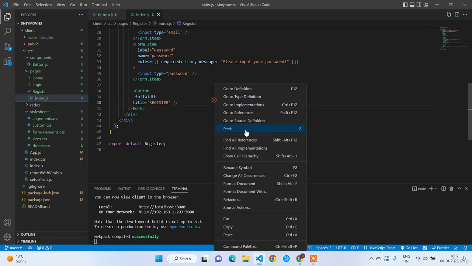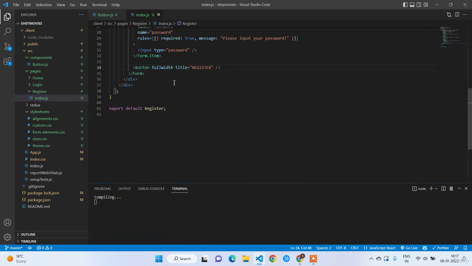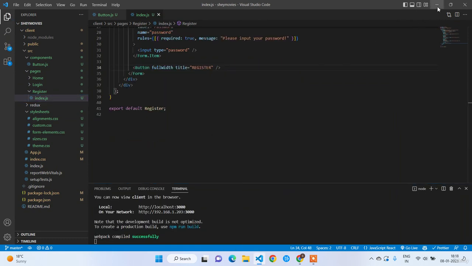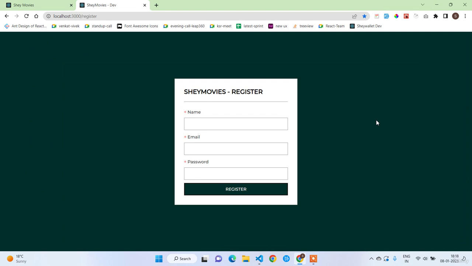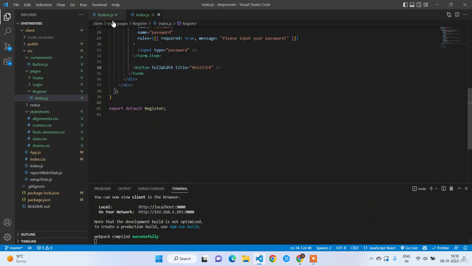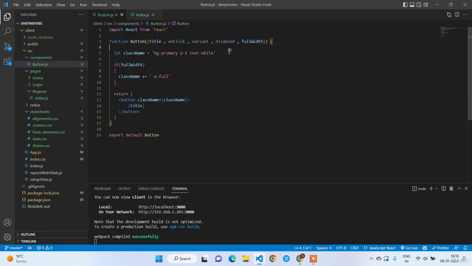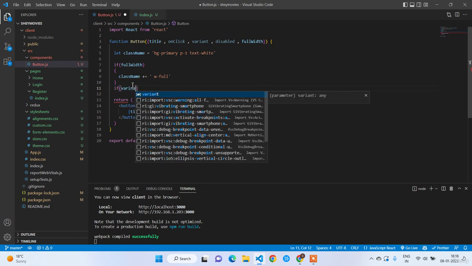And what I can say, variant. So we are going to have contained and outlined variants. Contained means background color should be primary, text color should be white. Outlined means background color should be white, text color should be primary. So let's go to the component here. So if variant